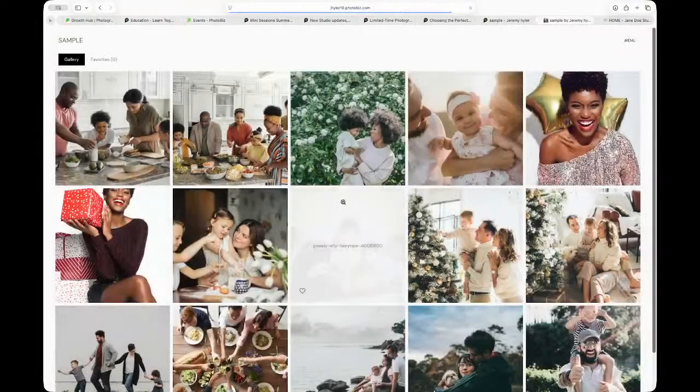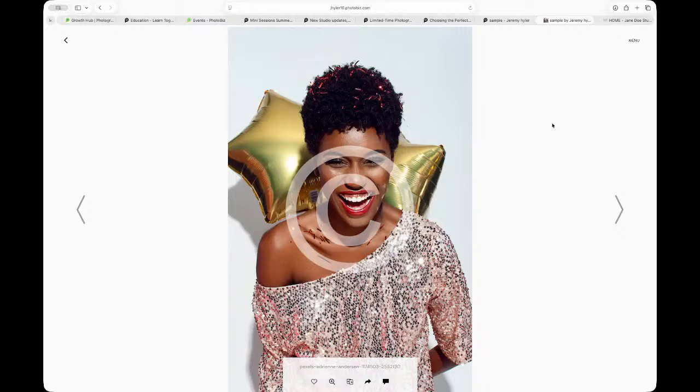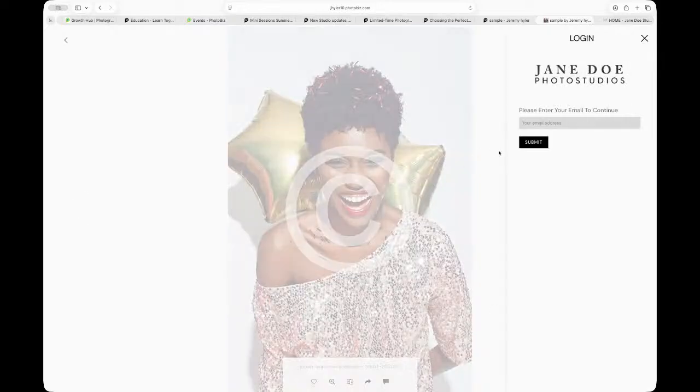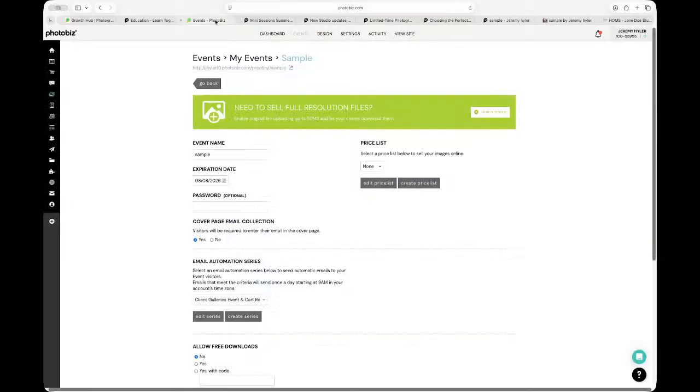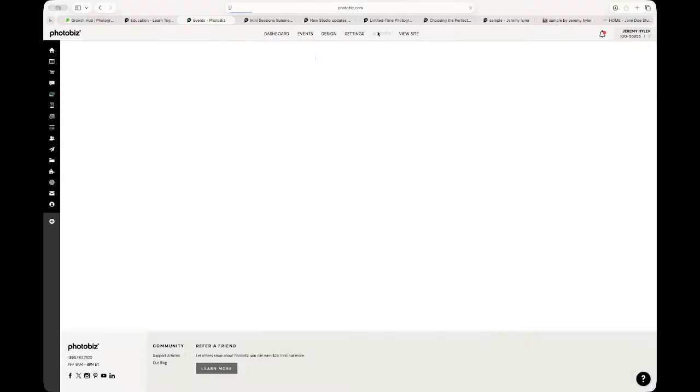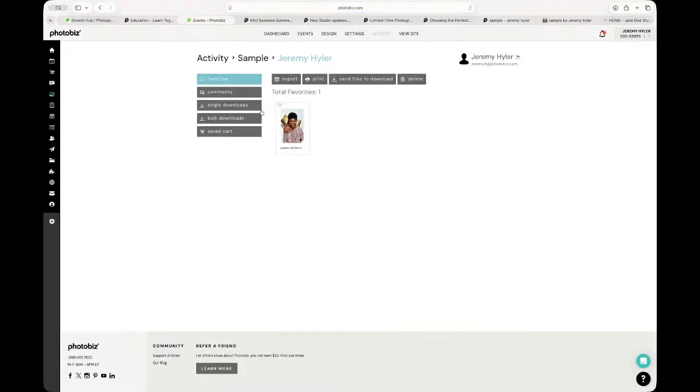So I'm going to click Open. I'm going to go ahead and favorite something. I'm going to put my email details in there, and now it's all going to be tracked. So when we go to that customer's details, they're going to be tracked inside of here. So activity in here, click on that. You can see what I've been doing in there. When we go to that client,